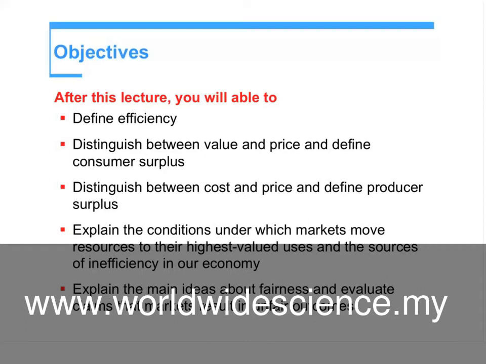So the objectives of this session: we define efficiency, distinguish between value, price, and consumer surplus, distinguish between cost, price, and producer surplus, and explain the conditions under which markets move resources to their highest valued uses and use resources inefficiently in our economy. And finally,